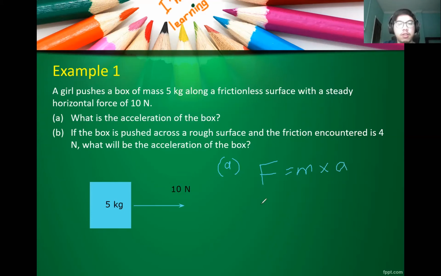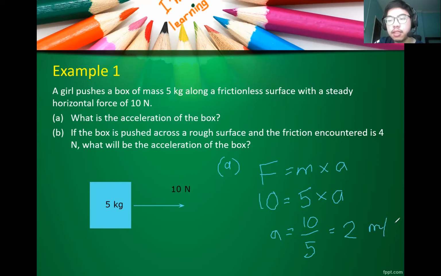What is the force that is pushing on this box? The force is 10 newtons. What is the mass? The mass is 5 kilograms. And we have to find the acceleration. Now you rearrange this formula. When you rearrange this formula, the force will be on top. So that's 10. And the mass will be at the bottom. That's 5. So 10 divided by 5, that is 2